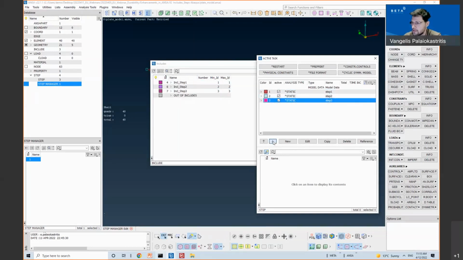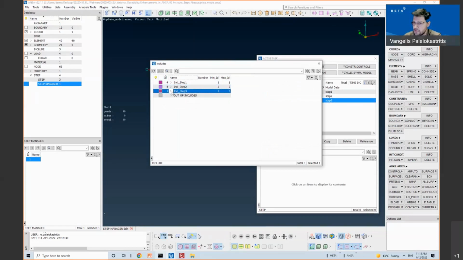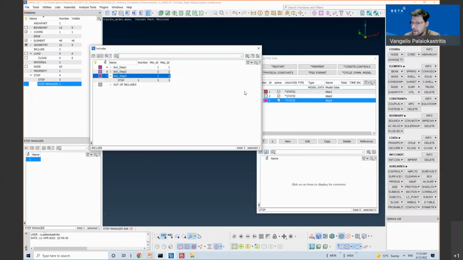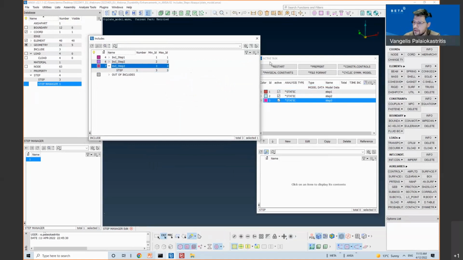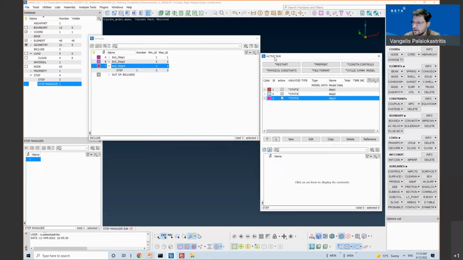Now, if I bring it here, you can see that automatically the includes list is updated, to ensure that the includes will be written in the respective order.